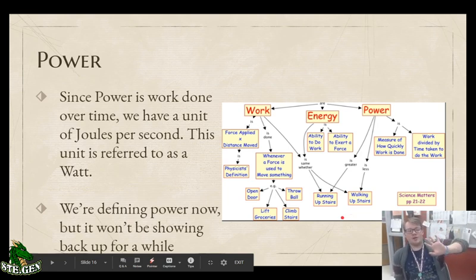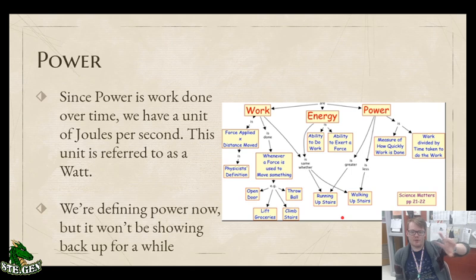Work and energy both only care that there was a force done, and it went over a certain distance. Notice that time is irrelevant for that. Power cares about time. So if you run faster, you're exerting more power, and that's going to make you more tired versus if you're walking up the stairs, which would use less power. Because you're doing that same amount of work, going up the stairs, at a faster pace. And that faster pace means you use more power, even though it's going to take the same amount of energy.